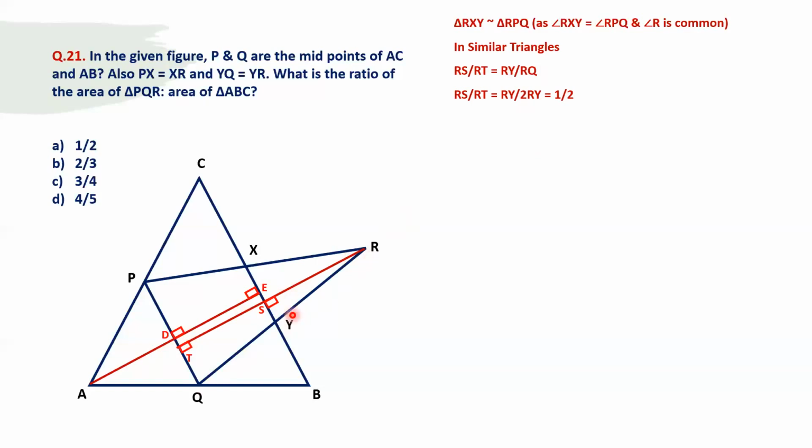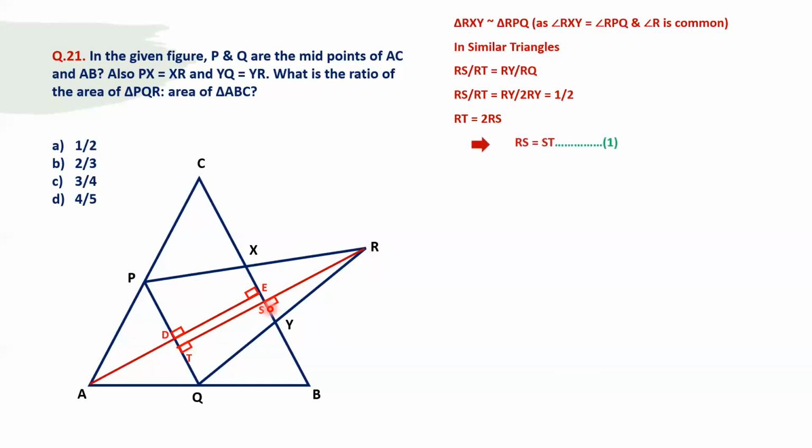Why? Because this RQ is nothing but twice of RY, because this is the midpoint. So RY by 2RY becomes half. So this makes it RT is equal to 2RS, right? So this RT is equal to 2RS. So this RT is double the RS,